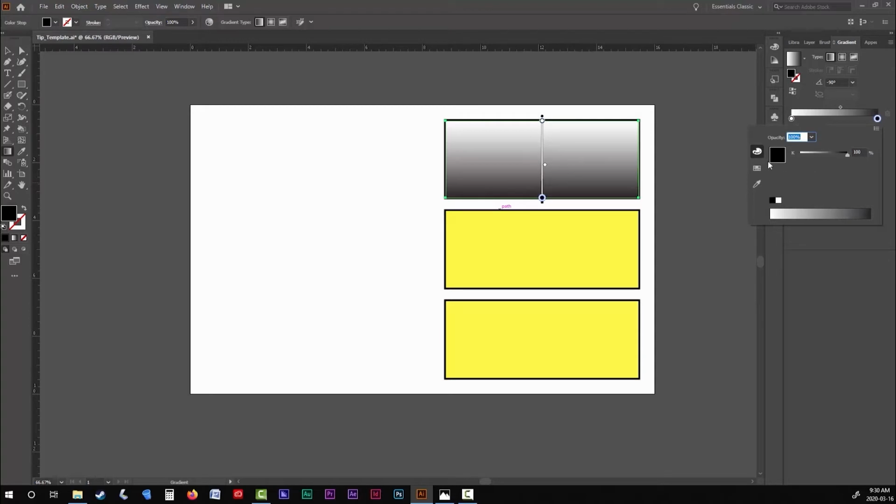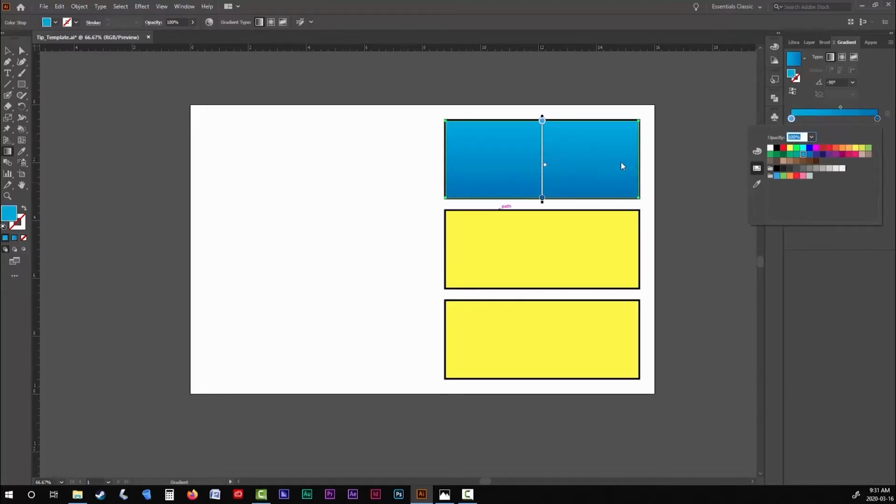Now you can see that when the color menu opens up, your only option is black, a shade of gray, or white. But if you click on the little swatches icon in the left-hand side, you'll have the option to choose from color swatches. If you don't see the color you're looking for in the swatches, you can also click on the color palette icon to open the color picker. So as you can see, it's really simple to add a gradient to your background. This just gives it a little bit more of a stylized look.